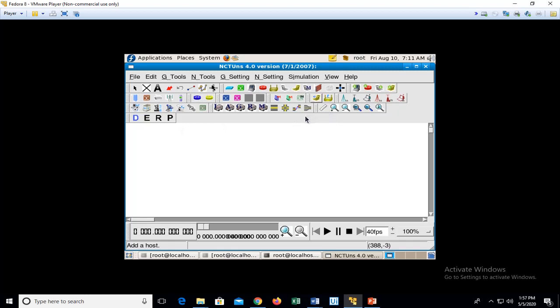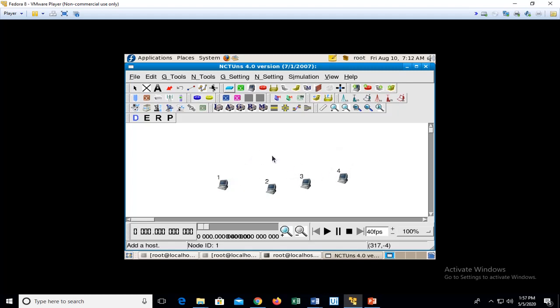So let us now create a network or topology which will consist of 4 nodes. Nodes are nothing but the hosts present in this case. Just search out where the host option is, click on that button and then click on the editor screen. Since the mouse is sensitive, I'm getting an extra host being placed. So these are the 4 hosts or nodes that we have placed.